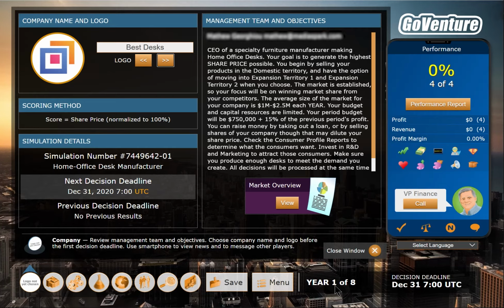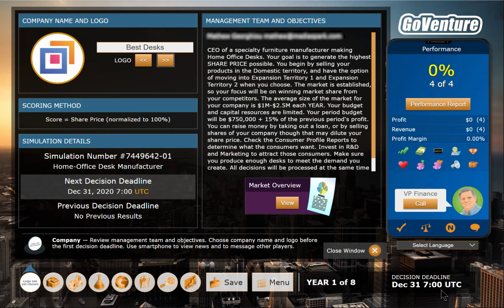And that's because everybody that I'm competing with in the same simulation competition, usually my classmates or colleagues, we're all on the same schedule. So if one person misses, you can't roll back the simulation for everybody. So it's very important that you follow the schedule. And the schedule is set by your instructor. There may be other methods of advancing the simulation where the instructor might choose to click a button to advance the simulation at a different time, but your instructor will inform you of those differences.